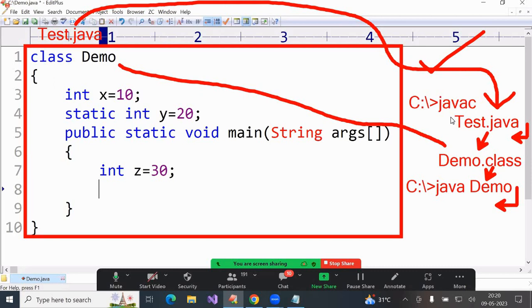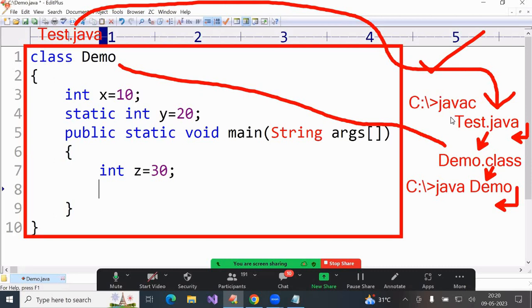As a beginner, if you learn with Eclipse, the main method line is also automatically generated. You will forget about the main method and static also. That will happen. That is the reason, after getting some knowledge, use it. As a beginner, don't use it. Suppose you are already working in a software company, use it, that is not a problem. You may be working as a Java programmer, or some people change technology and then join. Those people can use it, not a problem. Beginners who are learning Java for the very first time